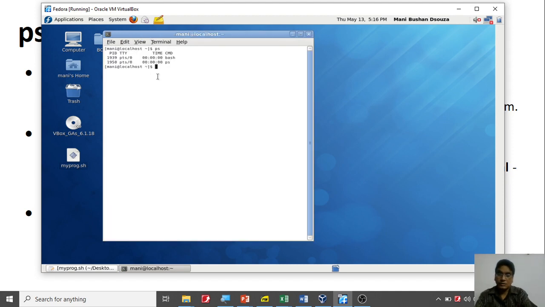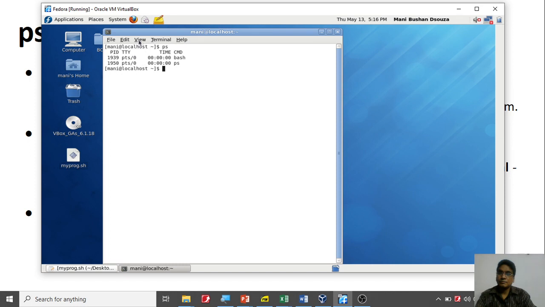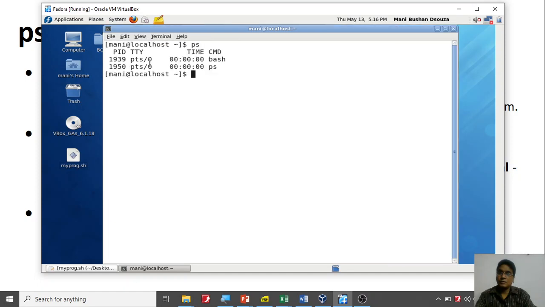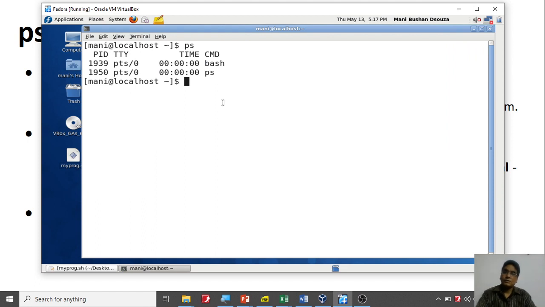I'm going to use Control plus, so it's not taking up. I'm slightly increasing the width so that you can see it properly. Okay, so you can see this command now.